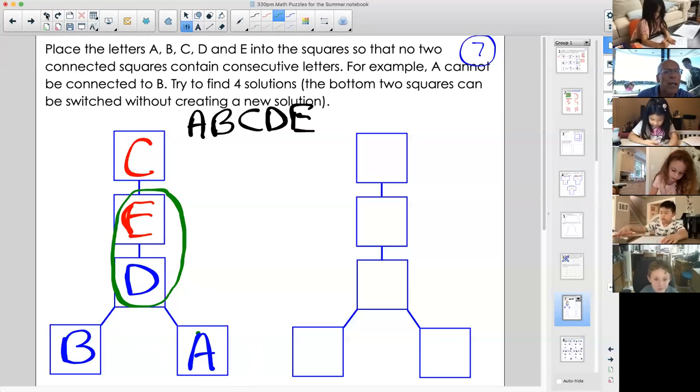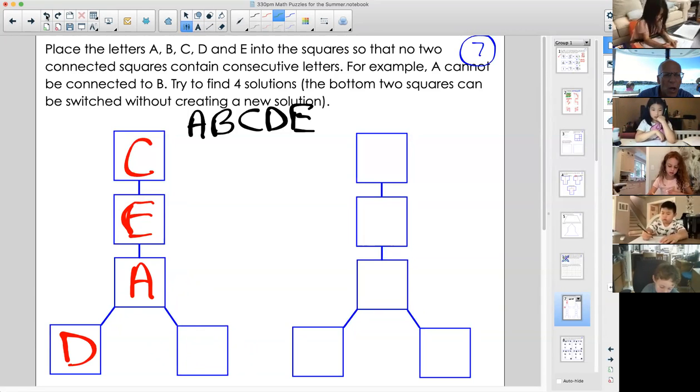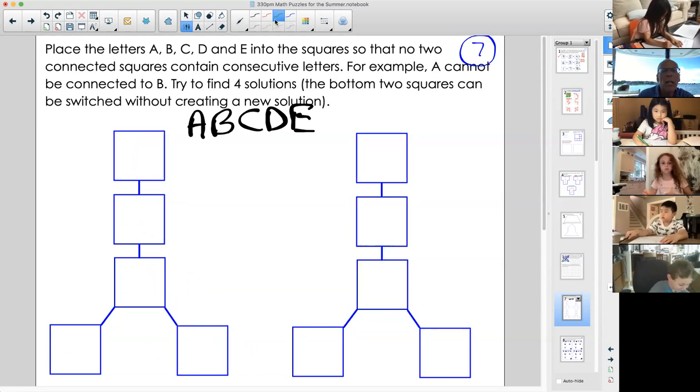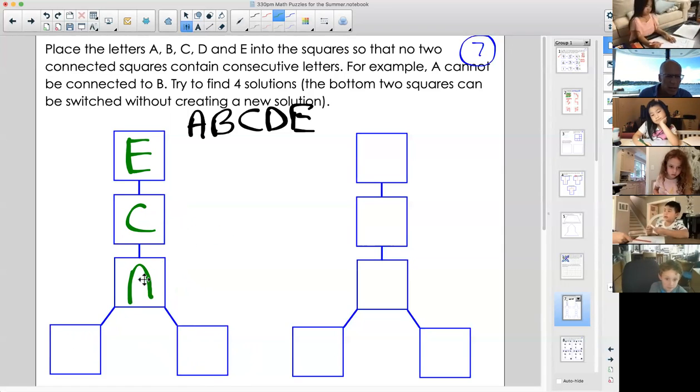Now Charlotte, say again, please. Maybe you put the E on top, then switch the C. Let's try it. We're going to put the E on top. And what do you want to put in the next one? C. Next is A. Oh, never mind. That won't work. Wait a minute. Hold on. Oh, yeah. You know what? Guys,